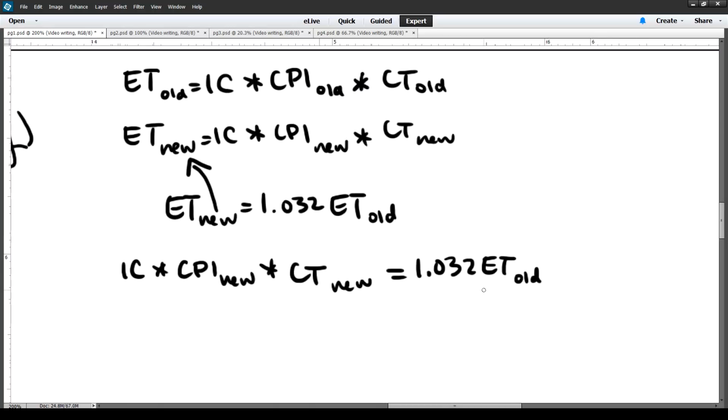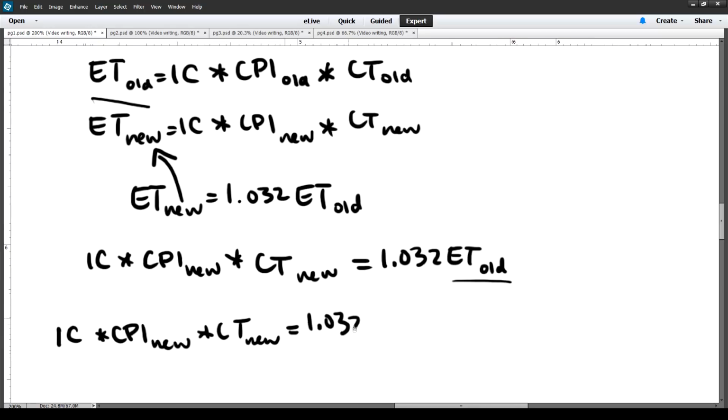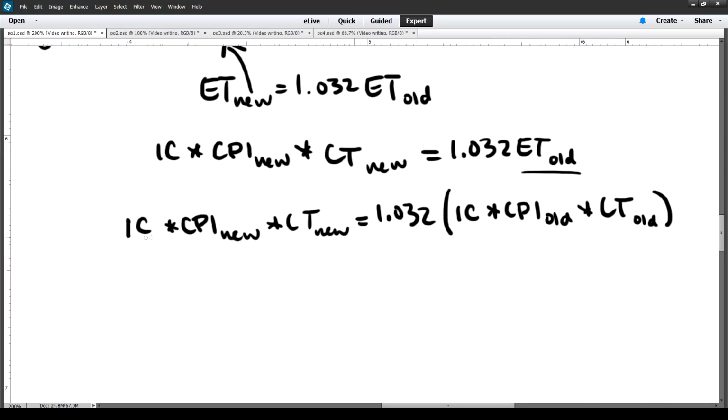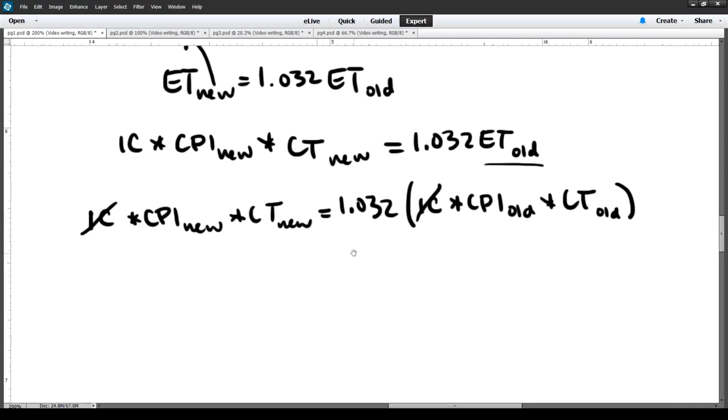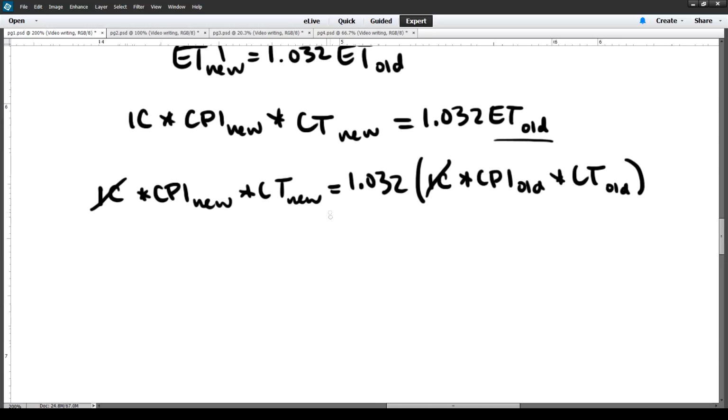And here I'll be substituting what I know for this right here. So now we have instruction count times CPI new times cycle time new equals 1.032 instruction count times CPI old times cycle time old. We can cancel out the instruction count, and since I'm going for the ratio between the new and the old, I'm going to move this over here,